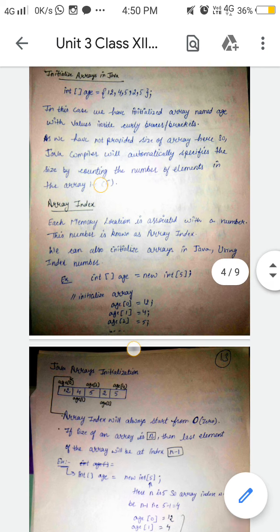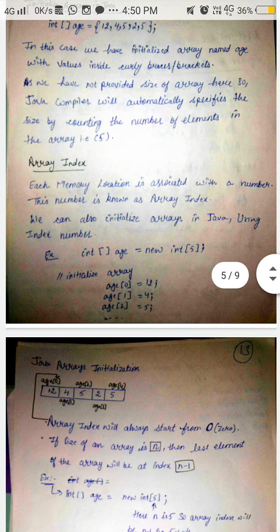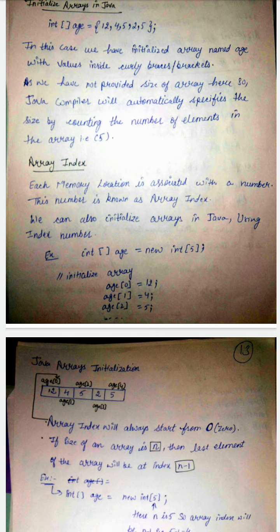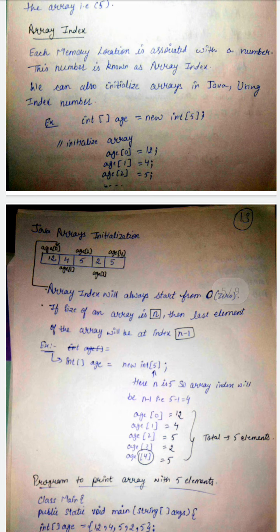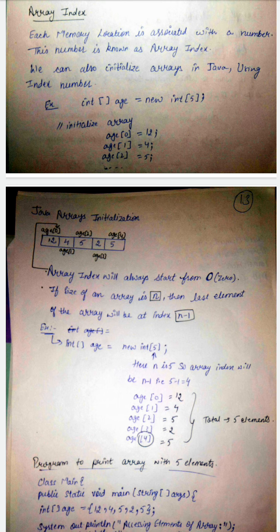Okay, so it will be associated with a number, meaning the memory location; you will be giving the memory location in numbers only. So this number is known as the array index. So we can also initialize arrays in Java using index number. Integer data type, open and close brackets, name of the array is equals to new int, and then the values